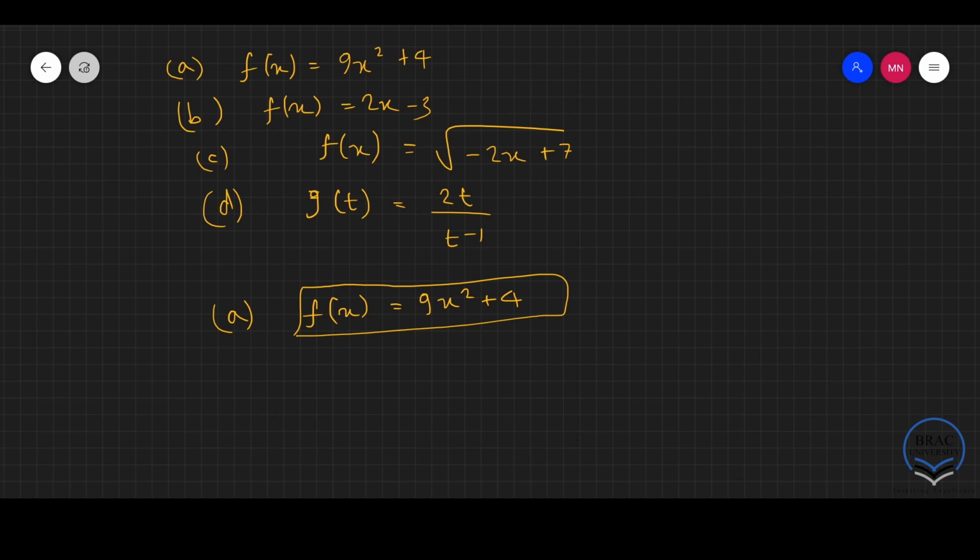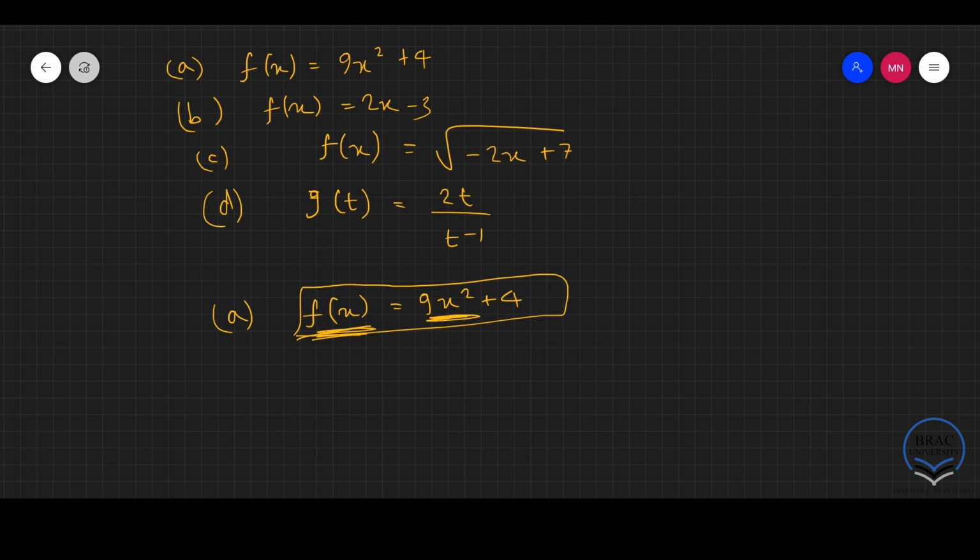So what should be the domain? What is the possible set of inputs that we can have for this function that corresponds to some output? So for what values of x is this function defined? Right, so we can see from the first expression, 9x squared, that x can be any value. We can take any value of x from the set of real numbers and we will still get some output,